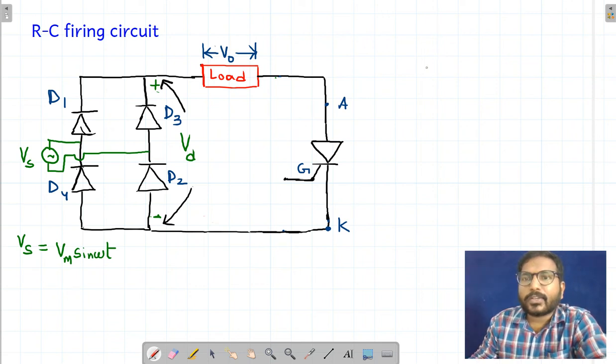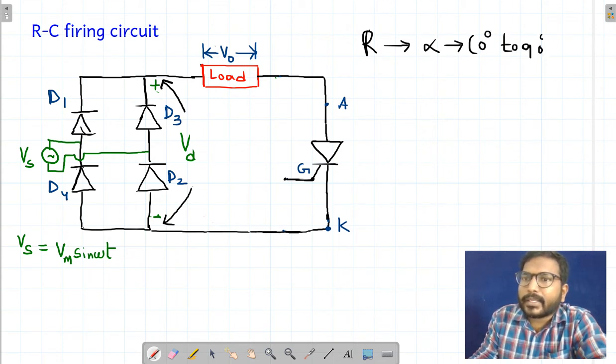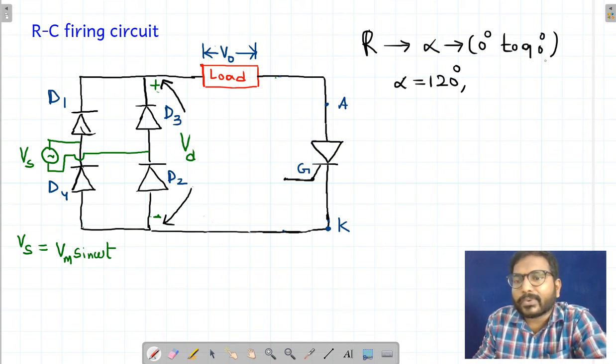Hi students, in the last class we discussed the R firing circuit. The range of alpha is 0 to 90 degrees, so we can turn on the SCR only from 0 to 90 degrees. If I want to turn on at the instant 120 degrees, it is not possible by R triggering because its range is only 0 to 90 degrees. So to overcome this difficulty,